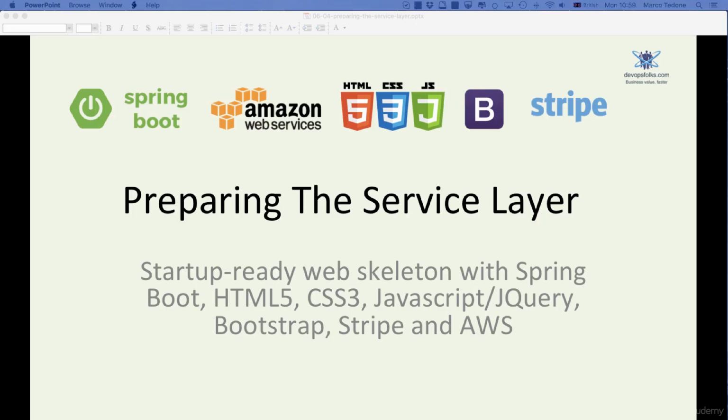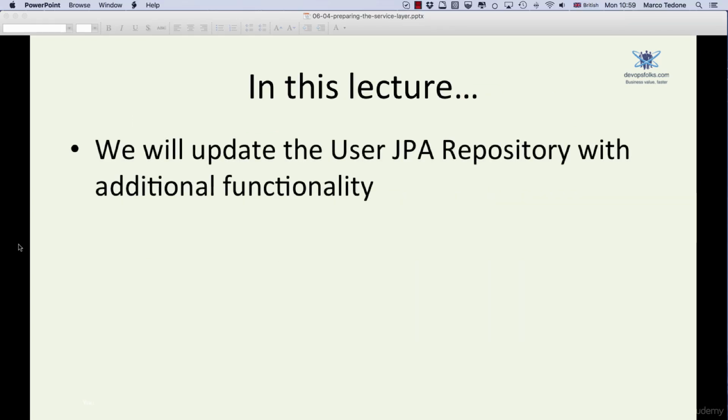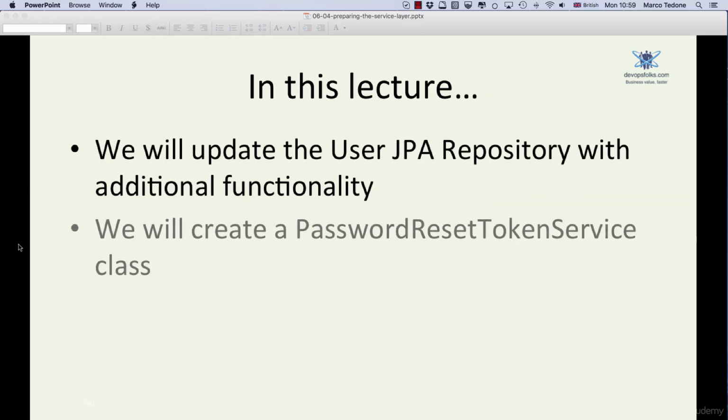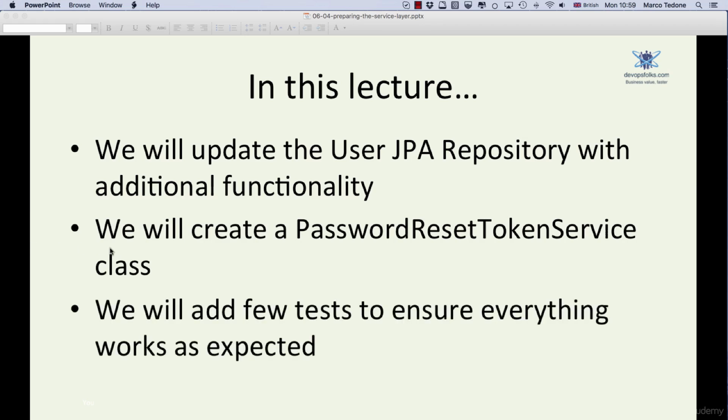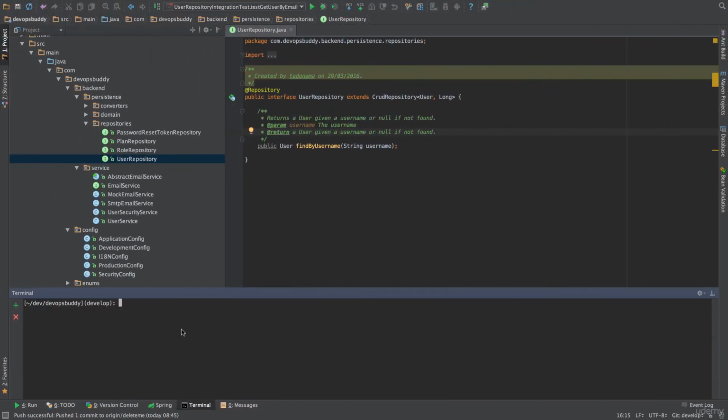Hello and welcome. In this lecture, we will update the user repository with some additional functionality, create the password reset token service, and add a few more integration tests to ensure everything works correctly. We will reuse the forgot password branch. Since there should be no changes since the last lecture, we can simply check it out with the git command